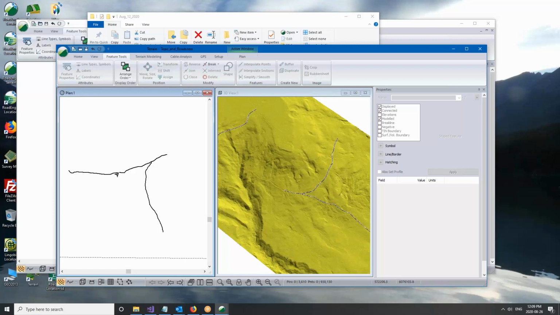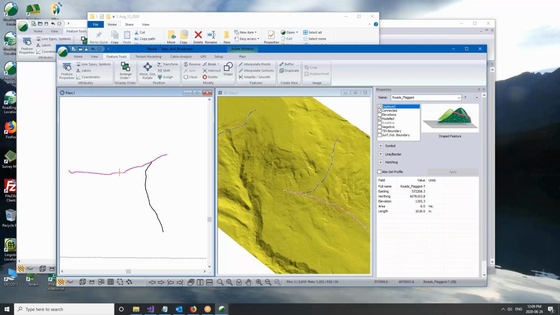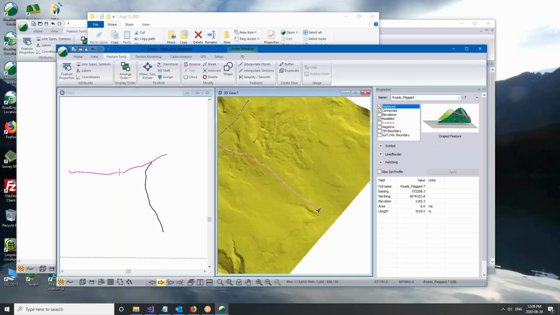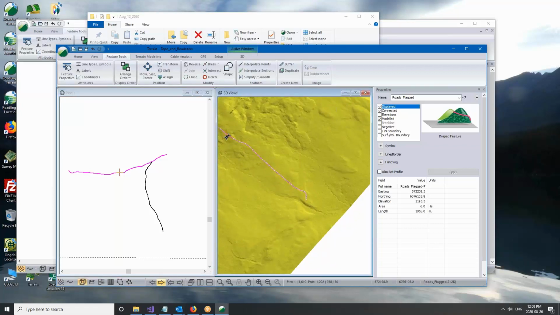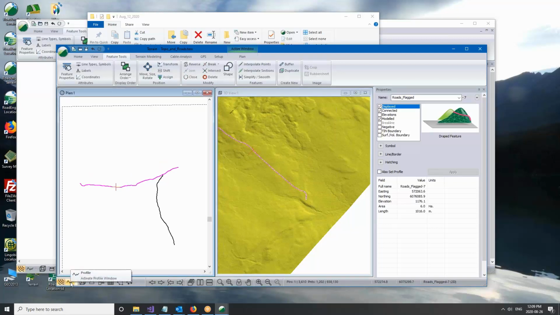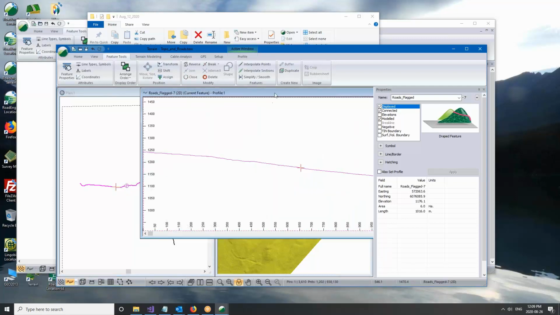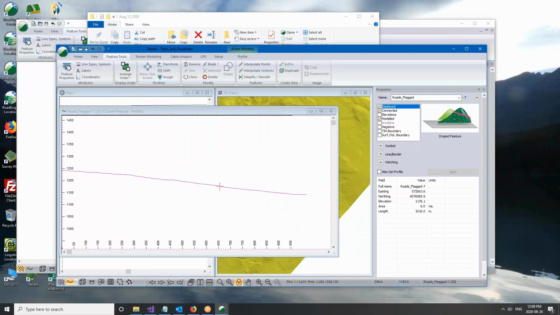Now once it's draped, you can step along it, and every time there's a crossing point on a triangle, it's going to change elevation. So you actually get a lot of points. See that there? A lot of points. And if you look at the profile of that, just that feature selected, click on profile window, and there's a profile showing you that,